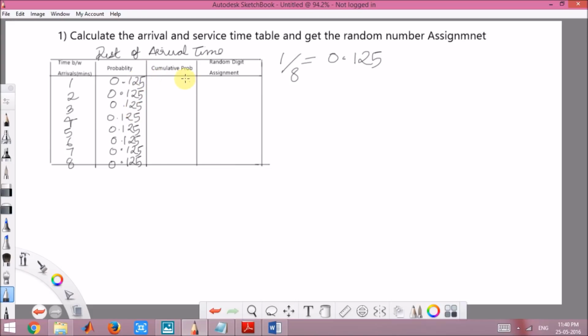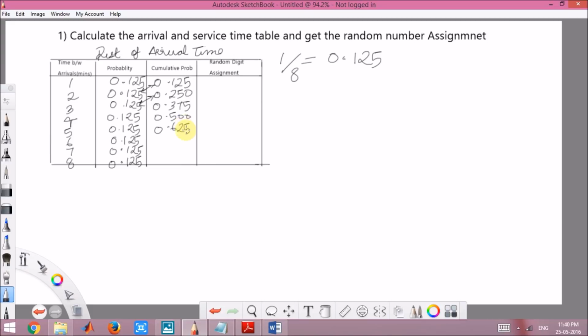Okay, so the next thing that comes is cumulative probability. Cumulative probability is the addition of the ones that were above it. So since the first case, there's nothing above it, so this will remain 0.125 itself. The second row for this particular column will be the addition of these two. So 0.125 plus 0.125 will give me 0.250. Similarly, for the third, it will be the addition of these two. That will give me 0.375. And going on, so I get 0.500,